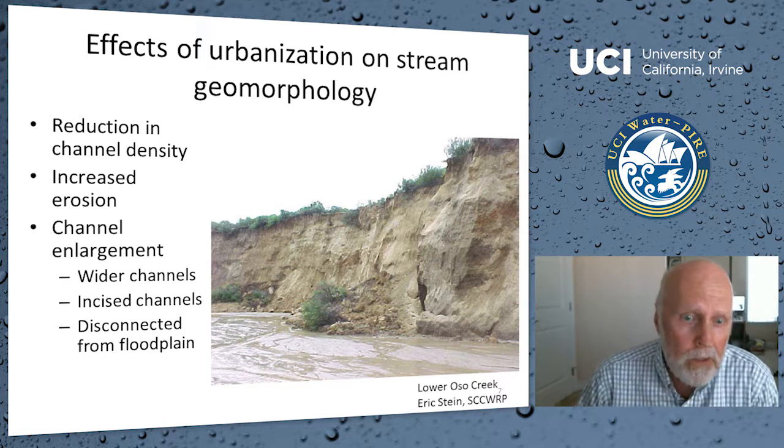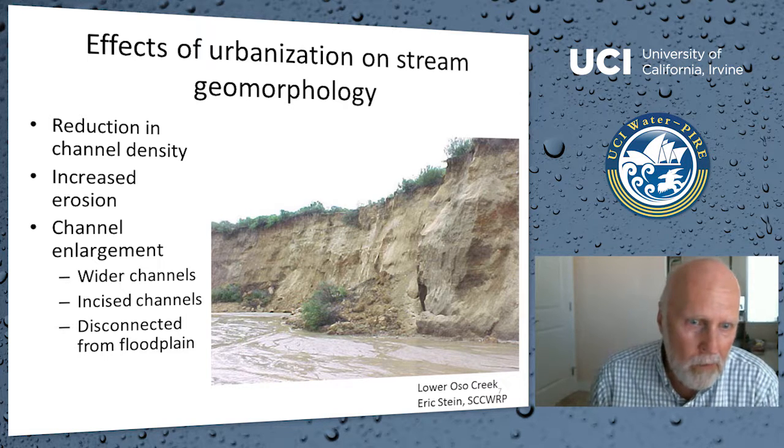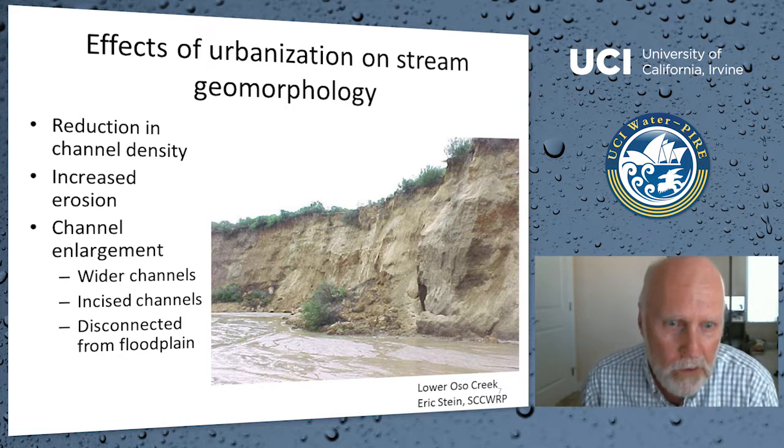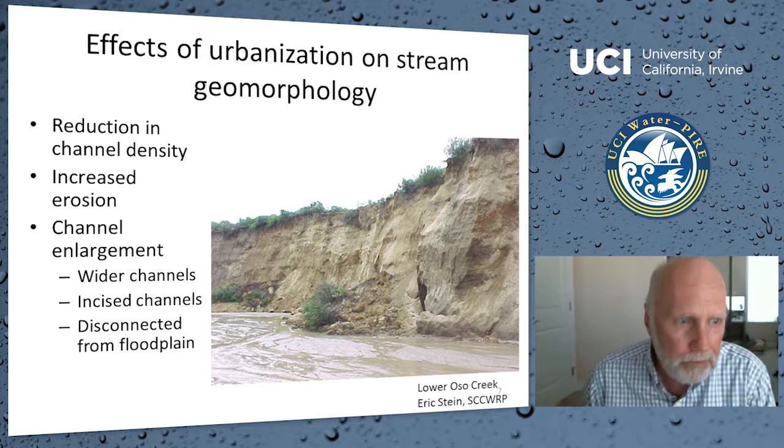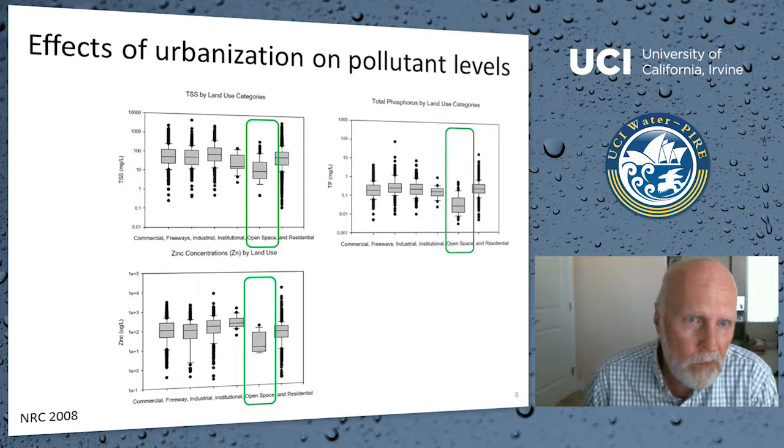And as a result of that incision, the stream is disconnected from the floodplain. So that has a continued hydrologic consequence, but it also has really important ecological consequences, because that connection between the stream and the floodplain is really critical for many organisms and for a lot of the ecological functions that streams perform. So if you go to the next slide, slide 8 here, we have effects of urbanization on